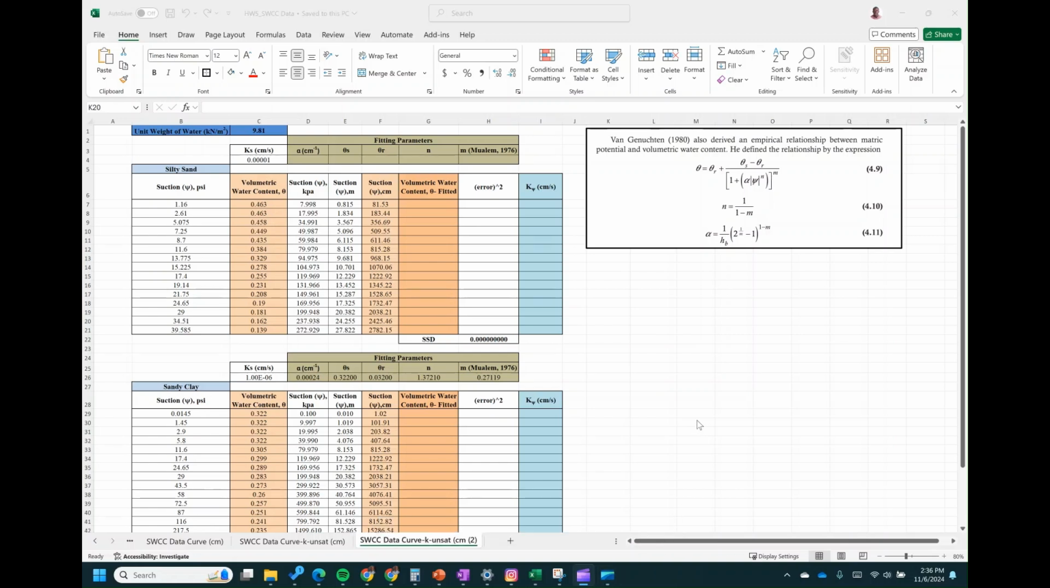Good day everyone. This is going to be a short video on how to use Excel to plot a non-linear curve. We are going to be using the Van Genuchten 1980 equation that is used to plot suction versus volumetric water content. So the first thing to do in this case is, if you have some field or